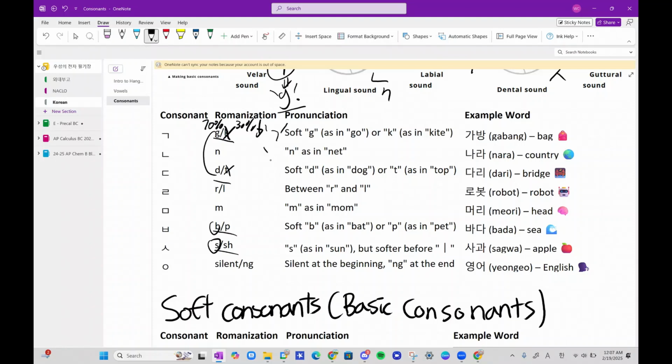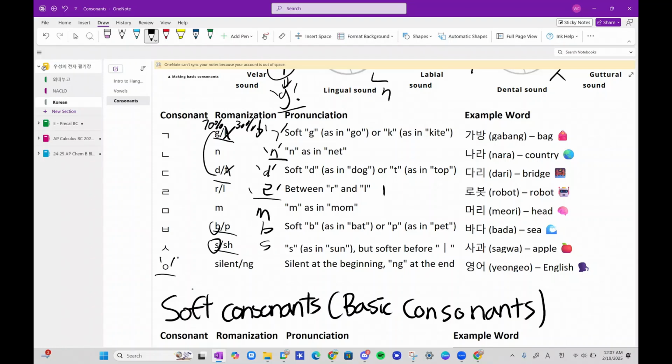This is pronounced as an N sound, and this is pronounced as a D, like a soft D. And R is somewhere between the R and the L. So just think of saying robot, robot. It's not the Russian R, but still it's somewhere in the middle. And then this is just the M as in mom, and this is soft B, soft S, and this is